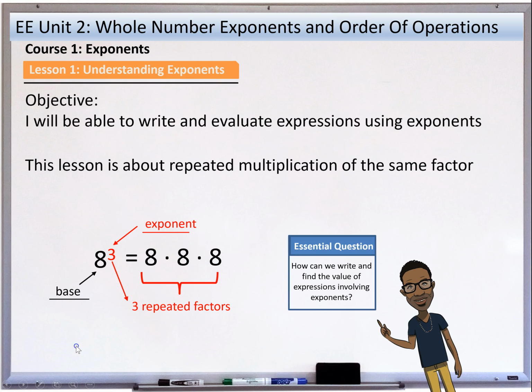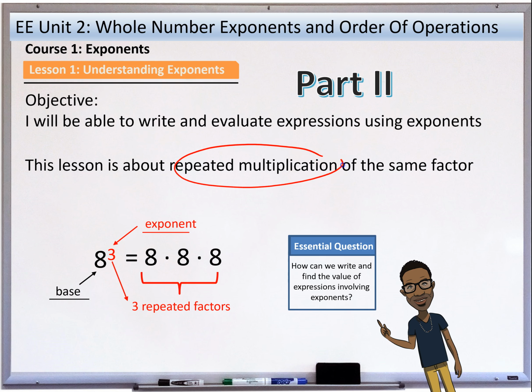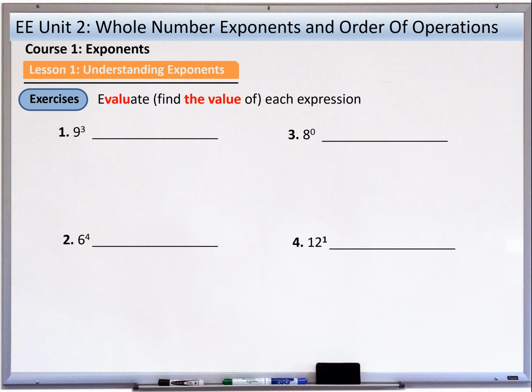Welcome back, everyone. This is part 2 of whole number exponents. And again, our objective is to write and evaluate expressions using exponents. This lesson is really about repeated multiplication of the same factor. Let's get started. At the end of the last video, I asked you to go ahead and answer these